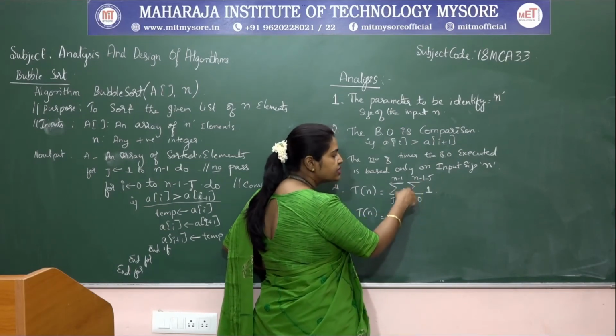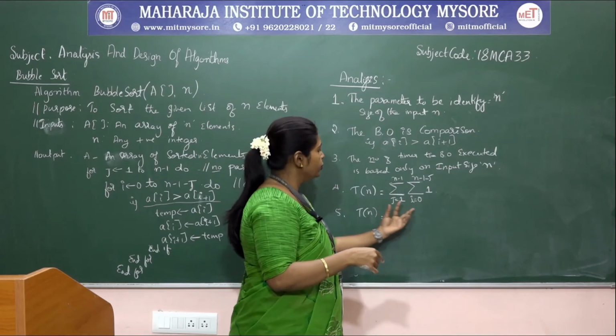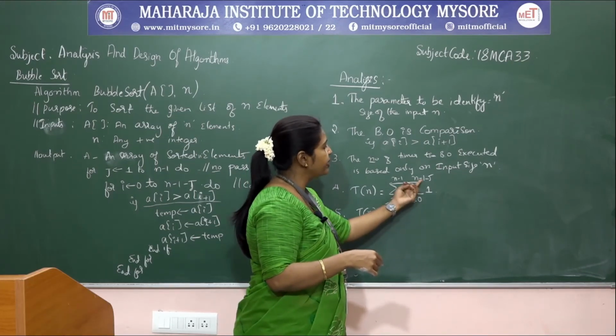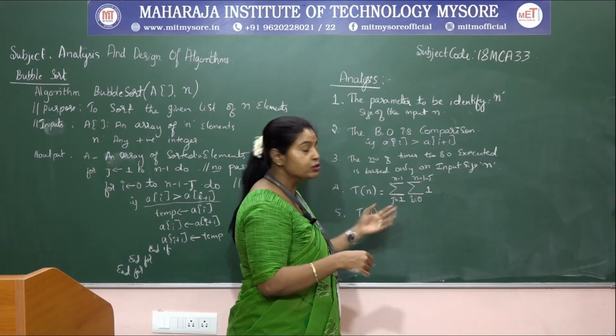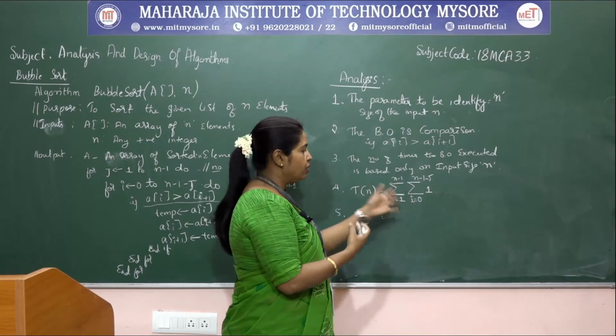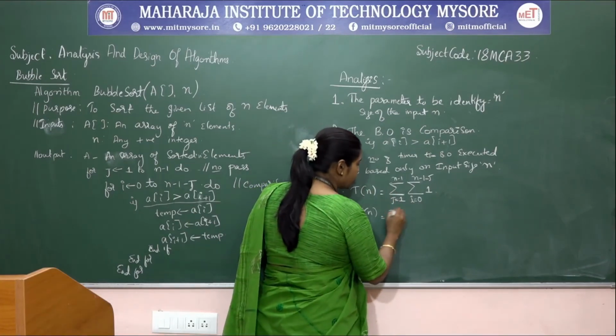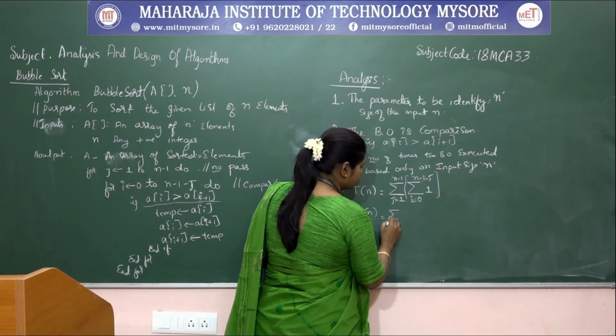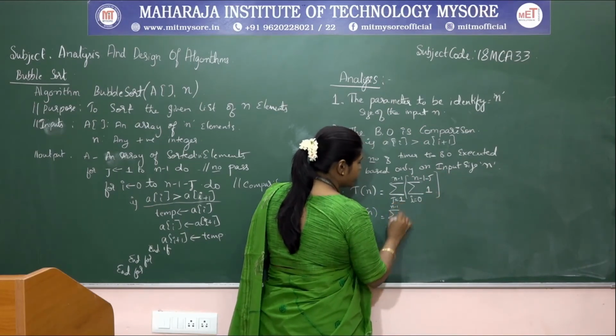The upper bound of this i, right? So here two terms are there, i and j, where this j is dependent on this i variable. Because of that reason we can't separate it and we can't separately solve this equation. So first solve the innermost one, j is equal to 1 to n minus 1.